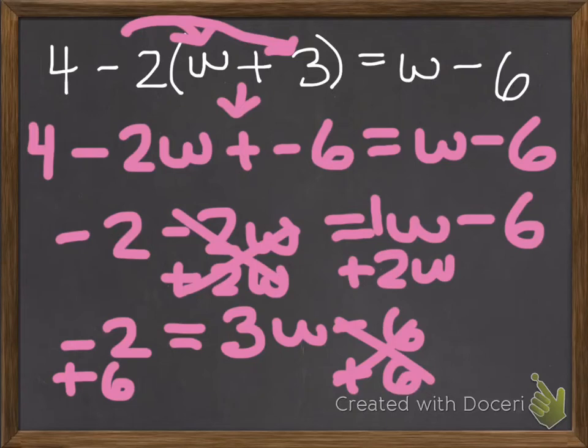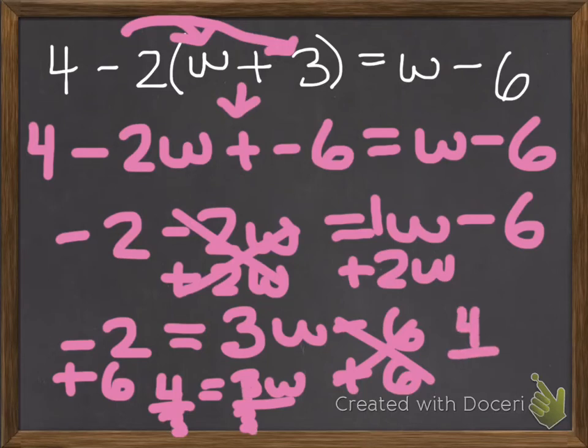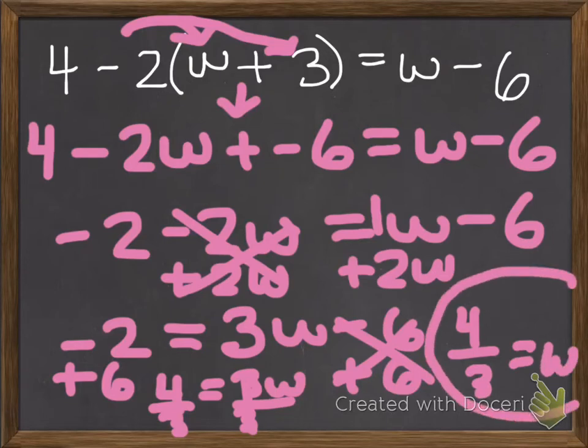And I get 4 equals 3w. And then I'm going to divide both parts by 3 because it's 3 times w. So that's going to give me w equals 4/3. Now, if you wanted to write this as a decimal, that would be fine, but notice that it's going